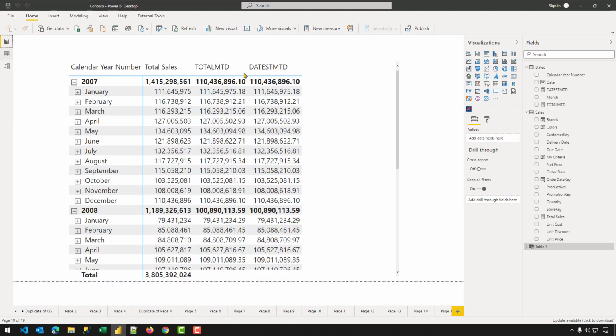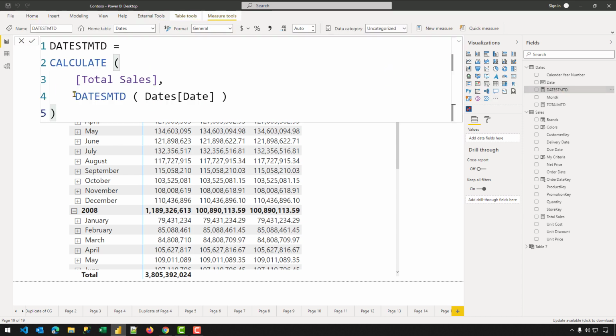So now you know that TOTALMTD is only going to return a scalar value, whereas DATESMTD is a table function. Since it is a table function, you can pair DATESMTD with multiple functions and make your code more robust. Inside CALCULATE, when you're preparing the filter context, you can do all sorts of operations: filter, and you can initiate context transition, and you can do all other things as well.